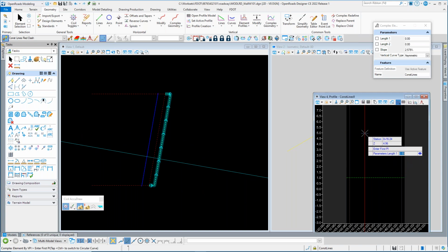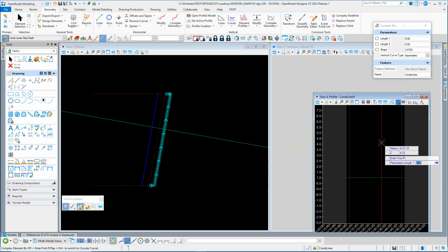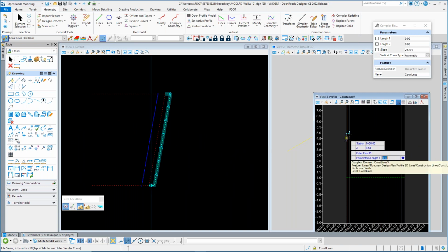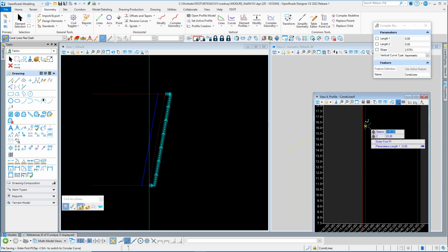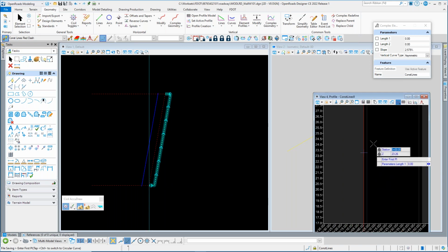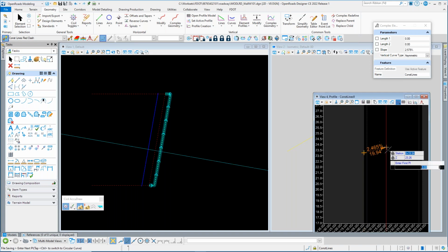As we do, you see that the station is changing, same, and the Z is changing. So the best way I found to do this, and I've got some pre-calculated elevations that we're going to use, I like to just hover over the beginning of that. And you'll see that yellow indicator, and that means that it's on target. It's on point where we want to be at the beginning of that element horizontally. So I'm going to focus on the station and just hit enter to lock that one. And so for the Z, I know the Z elevation for this is going to be 23.26, and we'll lock that out. So we've locked out those two, and you can see it went right to that station at that elevation. And so we'll accept it,